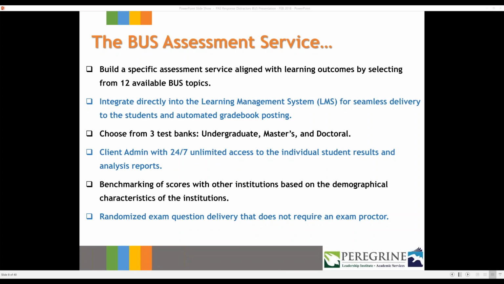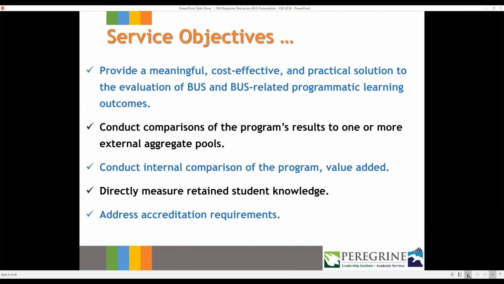So we do provide a secure platform, and our exam does not need to be proctored because we have built in a number of safety and security features, among which is randomized question offering, to deliver the assessment to your students in a place, space, and time of their choosing, essentially. So our goal has been to provide you with a cost-effective and practical solution for evaluating your business-related programmatic